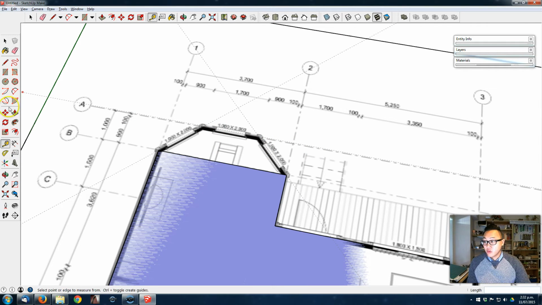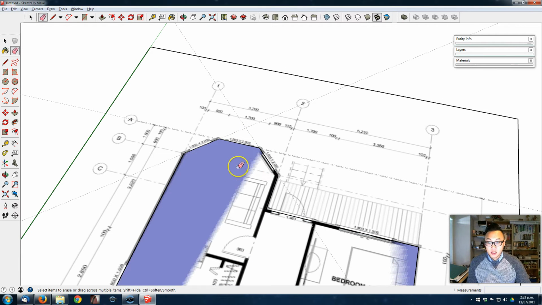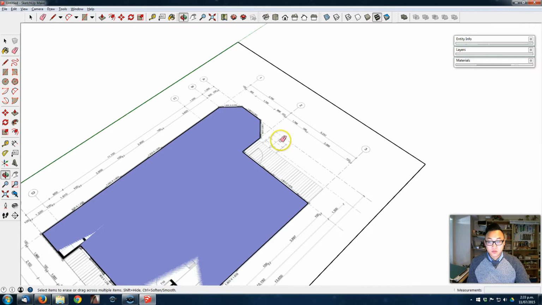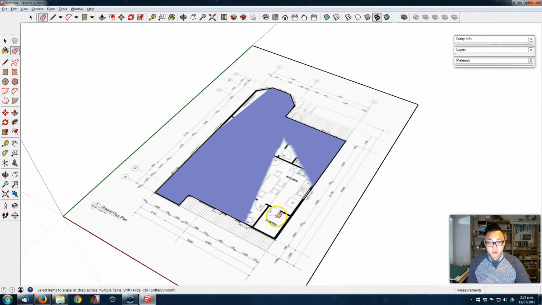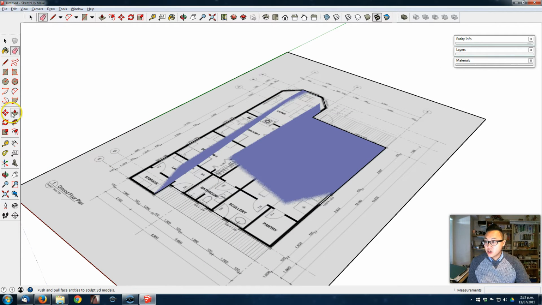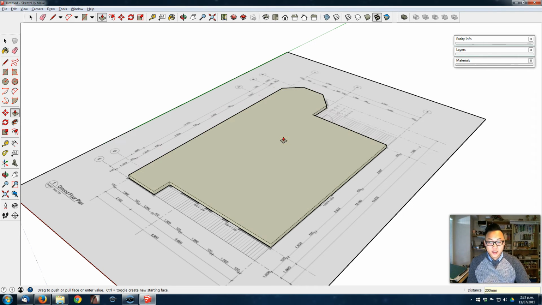So now that we have all our guidelines, we just use the line tool and click to all the points. Now you can use the eraser tool, delete that line, and you can also delete the guidelines. So now we got an outline for the floor. We just need to give it some thickness, so we use the push-pull tool, go over the face and then click, and now you can drag up and you can input a value, and here we're gonna put it 200, press enter. So now we got a floor,